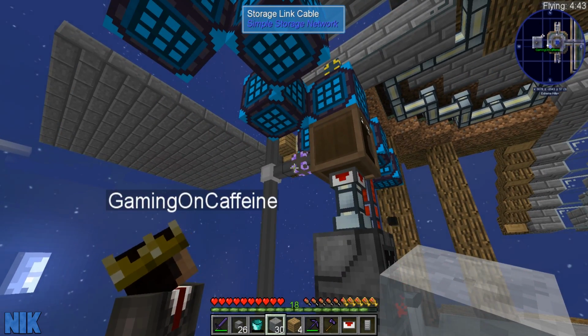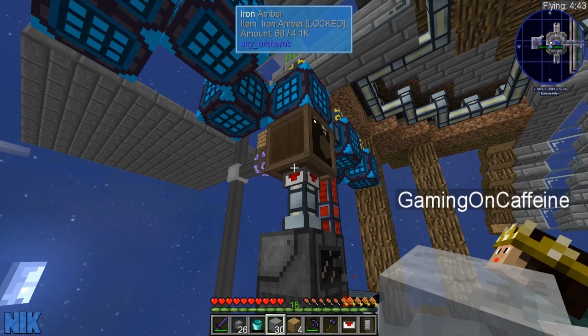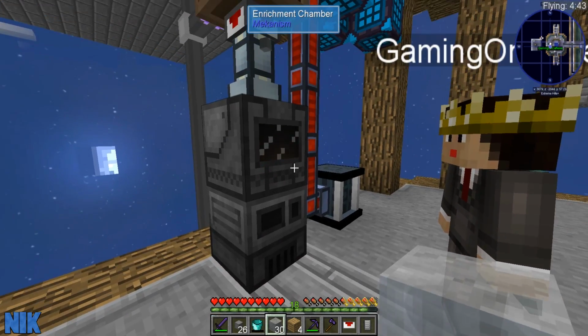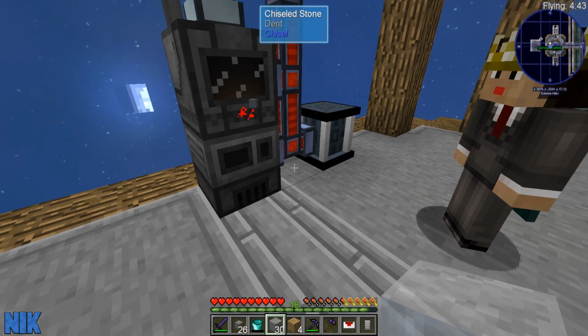This is set to the highest priority on the network, so the iron amber will always go to this crate here. And then from that crate, it goes down into the enrichment chamber. It's then turned into 2 pulverized iron per 1 iron amber. And then from there, Nick, if I go ahead and turn on auto eject like so, it's going to push